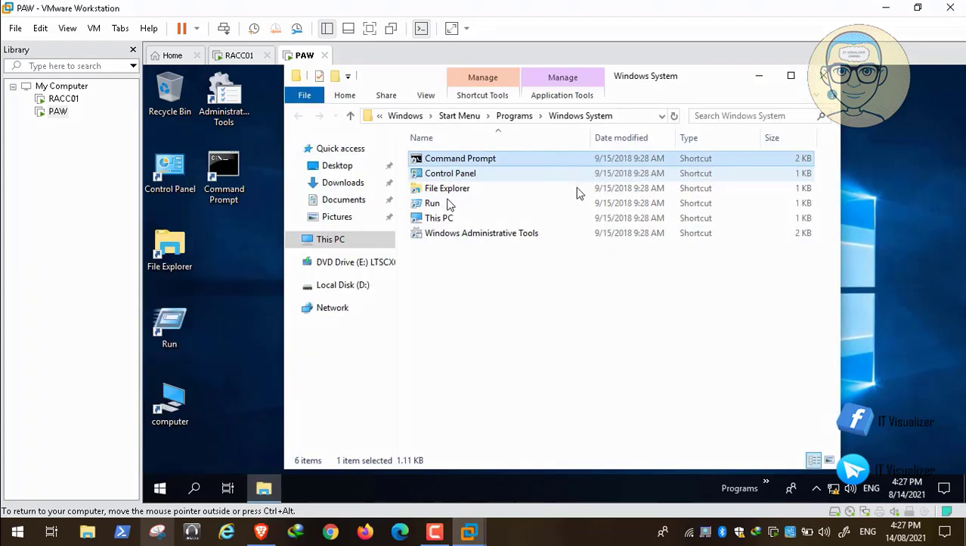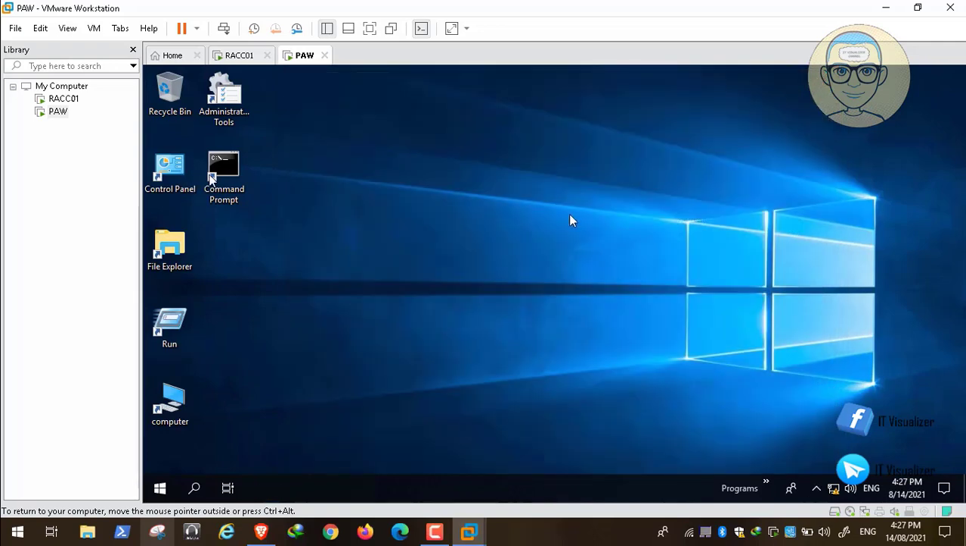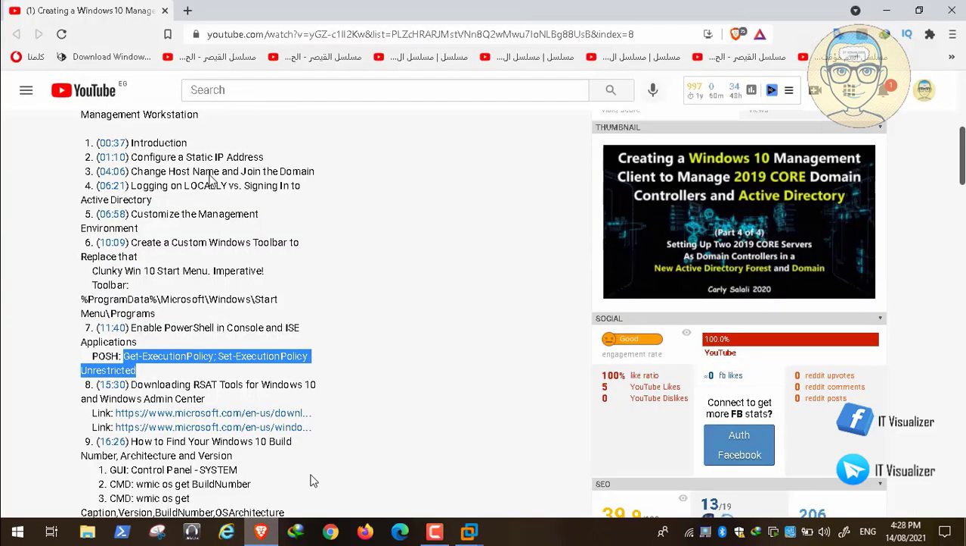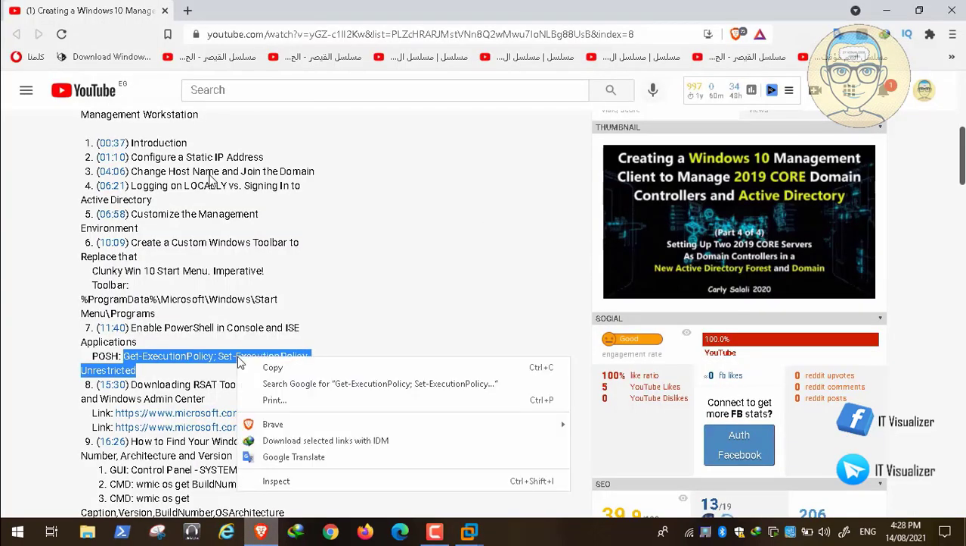Here we can see that these are the same icons. Okay, so this is two ways to get these shortcuts on your desktop. You can delete this one, by the way, and put it on the desktop. Now we need to